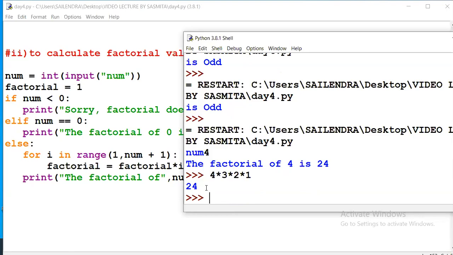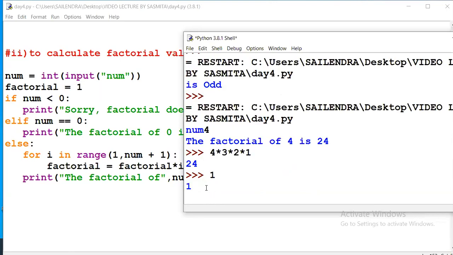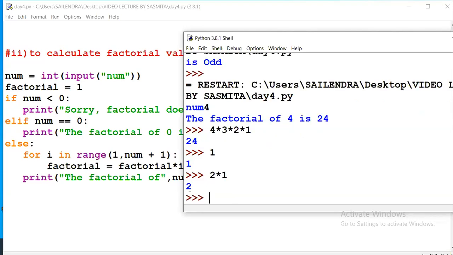Here, what is the multiplied output? First the factorial is stored as 1. Then for factorial of 2, the factorial of 2 is multiplied by 1, because 1 was stored before, and I means 2, so the output is 2.